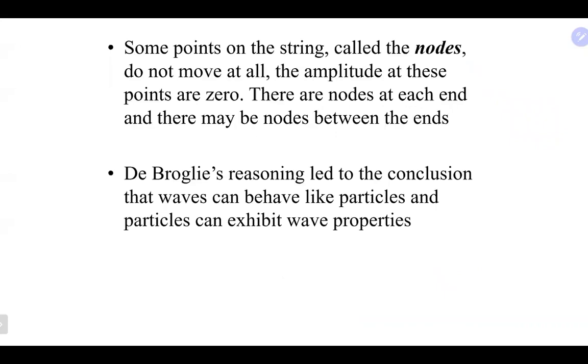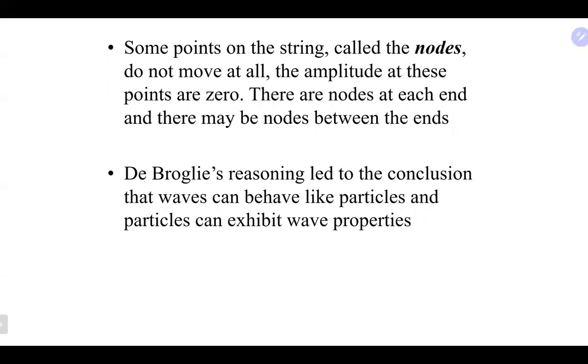So some points along the string were called nodes. They do not have any amplitude. These nodes are at each end, and there may be nodes in the beginning and in the middle as well, between the ends, like if your string was on a guitar. Basically, the idea here was that he reasoned that waves can behave like particles, and particles can exhibit wave-like functions,